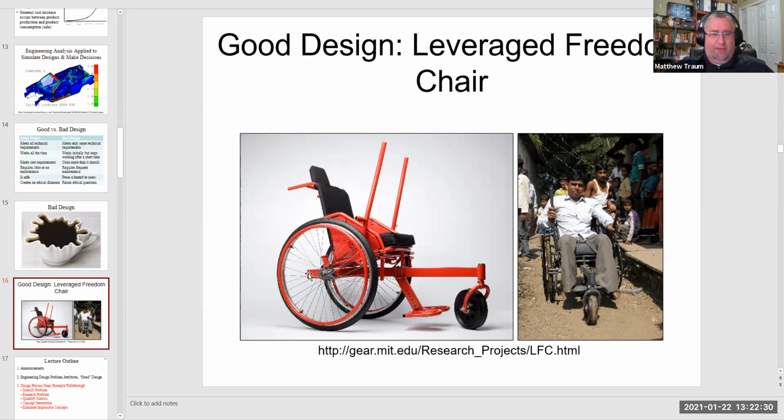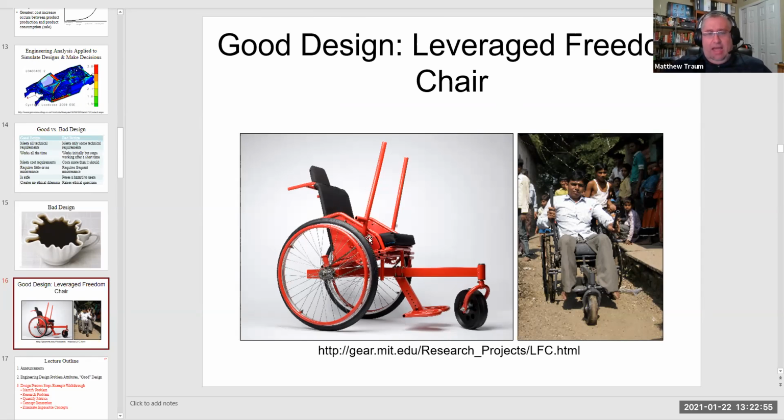And so Professor Amos added this long wheelbase here to prevent that tipping problem and moved the center of mass forward of the wheels so that there's support points on either side of the center of mass to prevent front and back tipping. And then the other innovation is adding these levers, these handles. And you can see here in the detail, they're actually connected to the wheels through a chain mechanism, like a